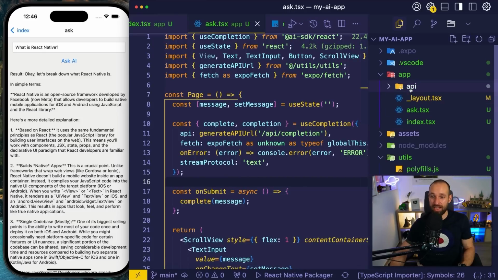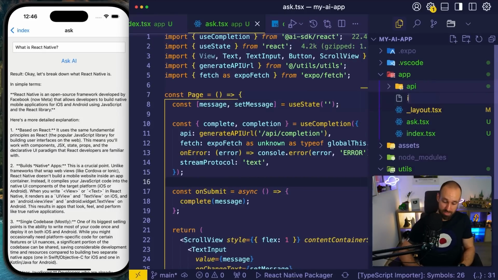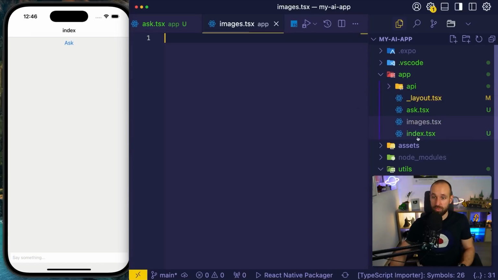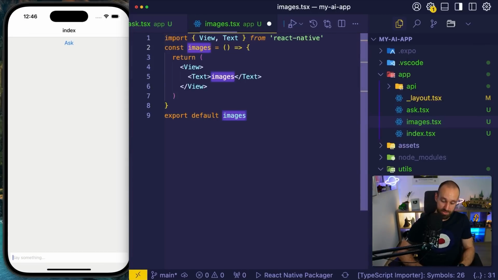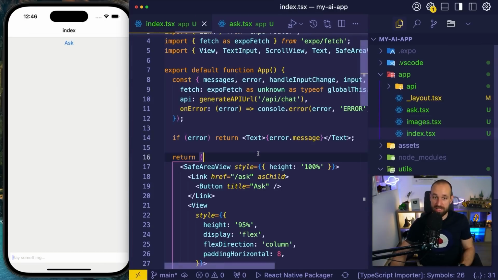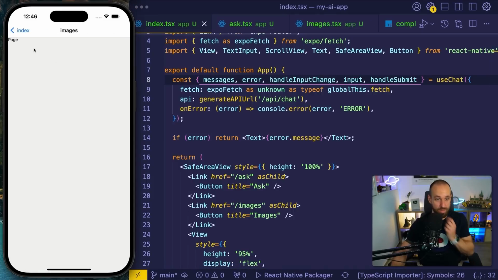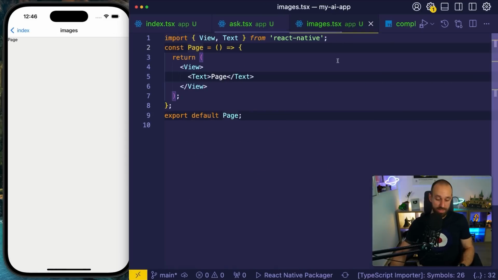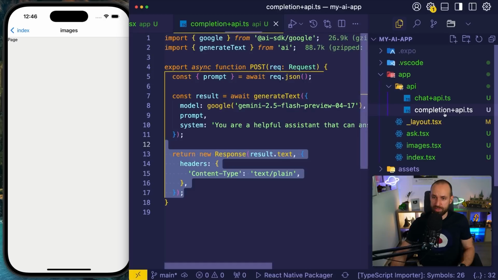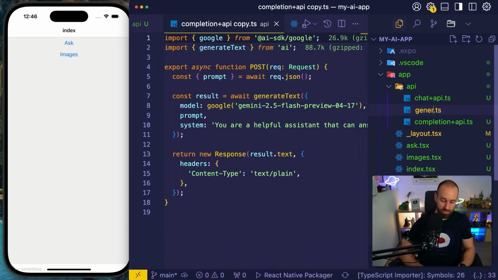If you want or need anything like this, it just works without any problems. And to highlight one more thing, let's do a simple images file. Okay, images.tsx. We will include this as well now and try to get an image from the API. So I want to include this here with another link. Okay, so then we should be able to go to the images page. Okay, here we are. And we need another API endpoint. Let's just clone this one and call this generate